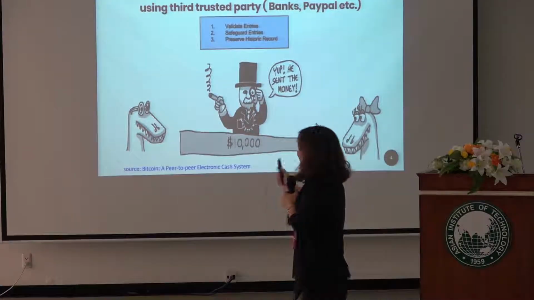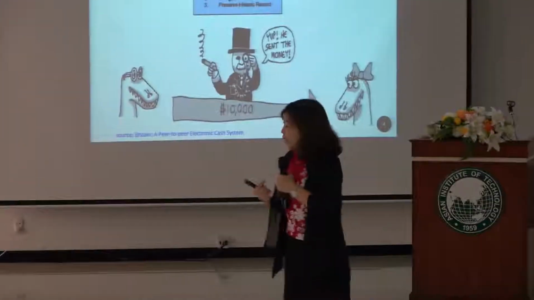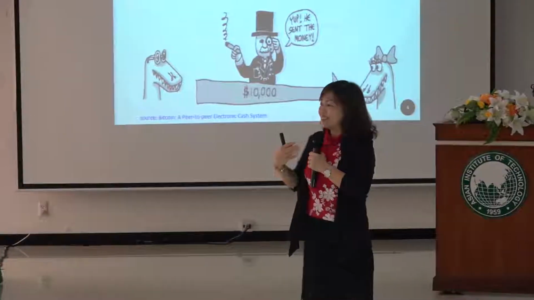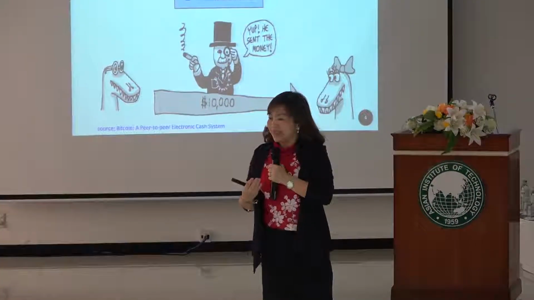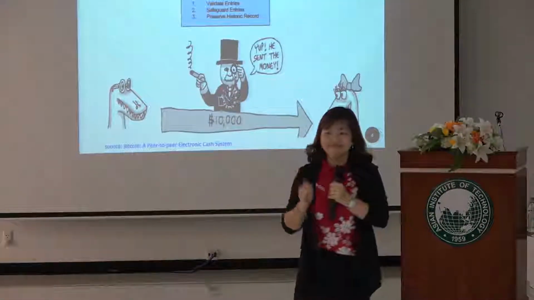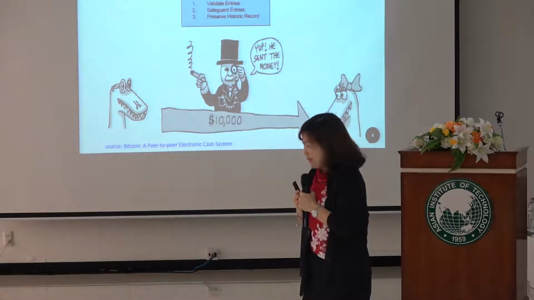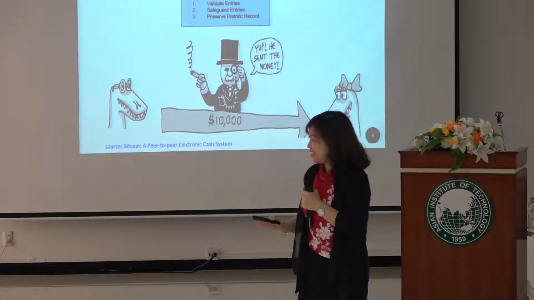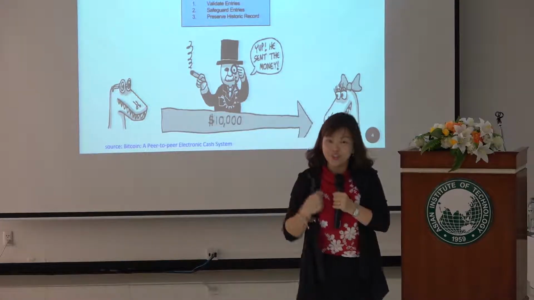So he or she or the organization itself will need to validate certain things for you. Suppose it's like 10,000 US dollar. It's not small money, or 1 million or whatever. At least I go and say, I want to transfer 1 million to you. What the bank would need to check? Do I have that money first, right? Do I really have the money to transfer? They will not just do it, right? Oh, you don't have that money, sorry. That is to validate the money in your account.